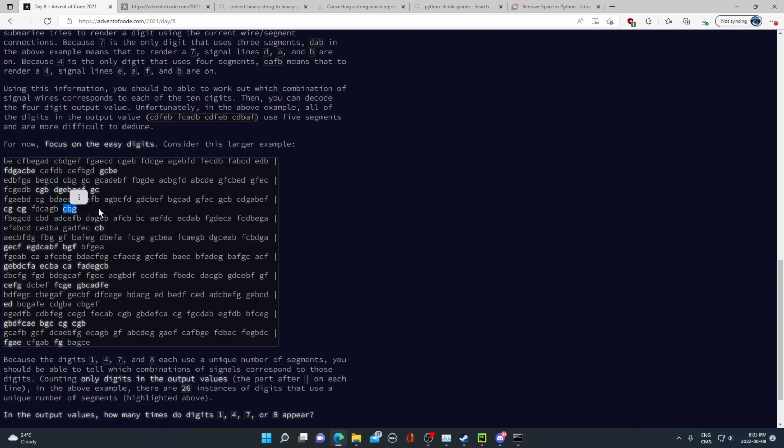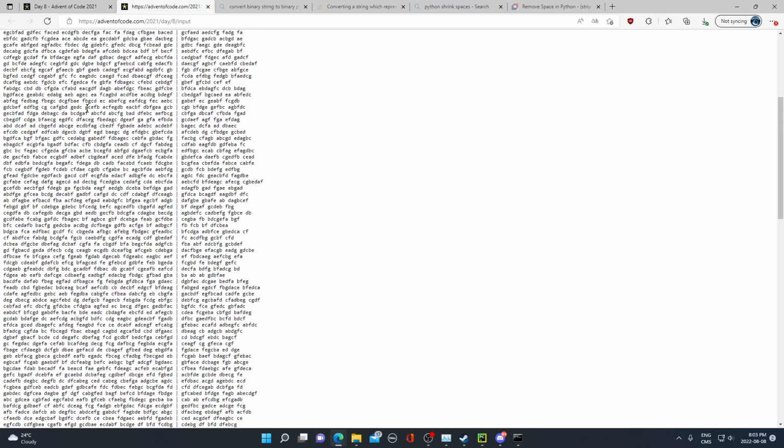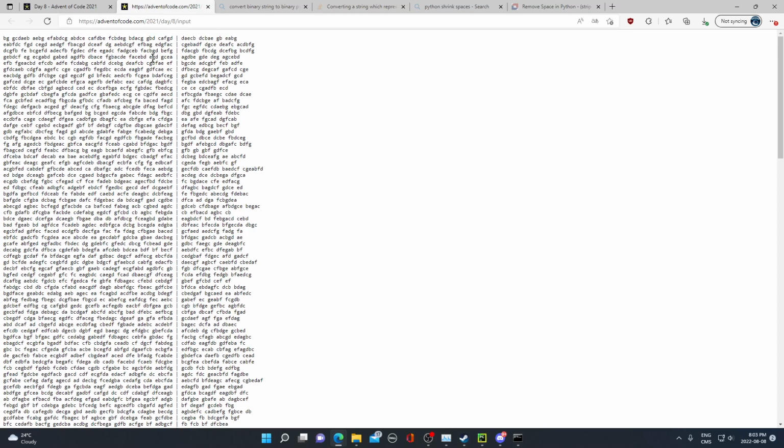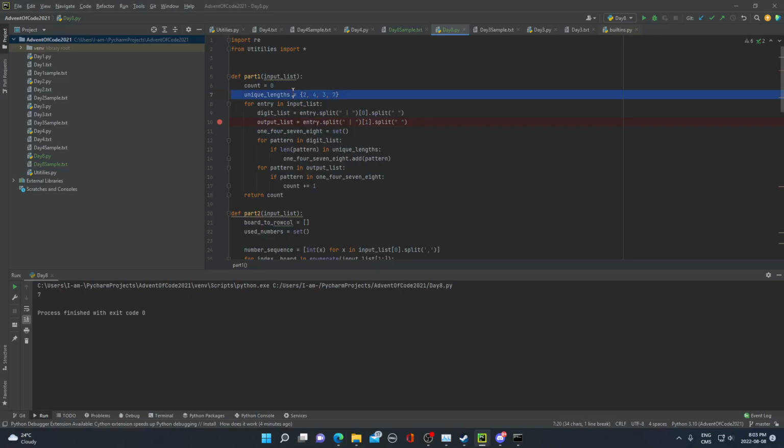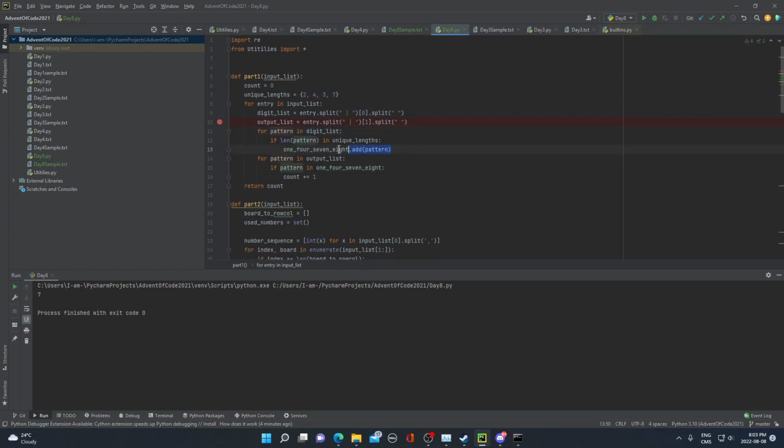For example, CBG, there would never be an input with ECB. I'm making a lot of assumptions with the puzzle input because it's not clear at all. But even for the bigger ones, for example, GB, it's GBG. It's just a different combination. AEBG, EABG. So we actually don't need to remember this. We just go through